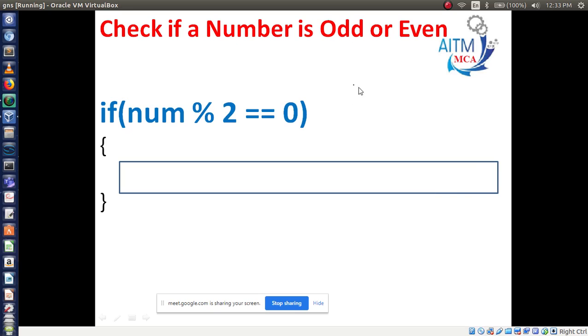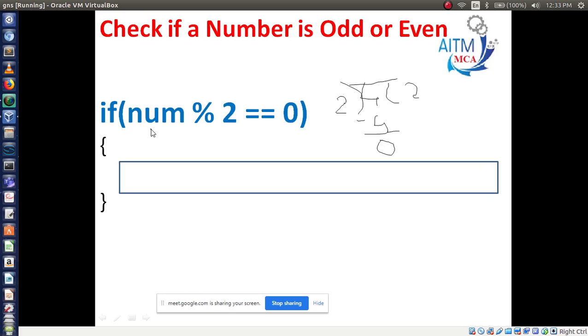See, I will take the number 4. 4 divided by 2, I am performing the division of 4 by 2. Then what is the remainder here? The remainder is 0.